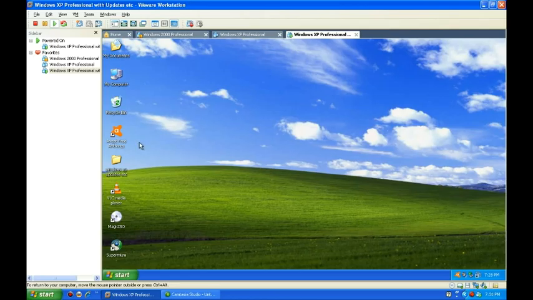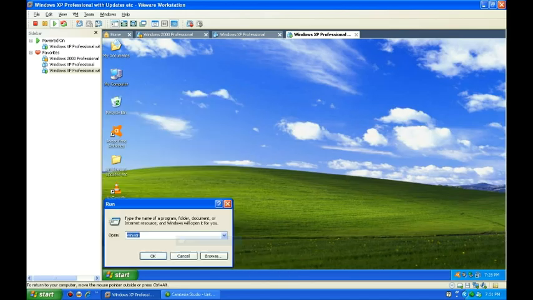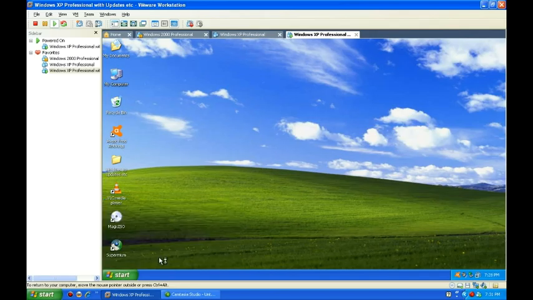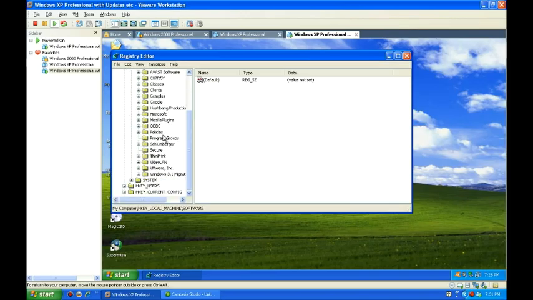Next, after you installed antivirus software, Supermium, VLC Media Player, Magic ISO, and legacy updates, as well as TLS registry changes, which I'll show you right now, you need to click on the Start menu, and then I'll type in regedit, and next I would need to go to HKEY_LOCAL_MACHINE, software,